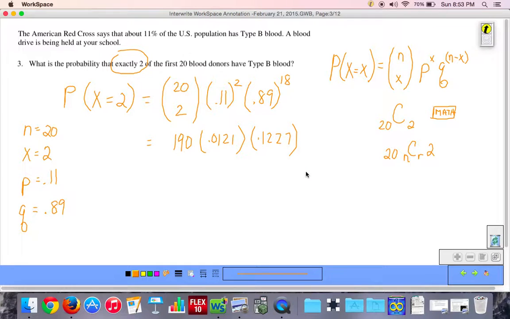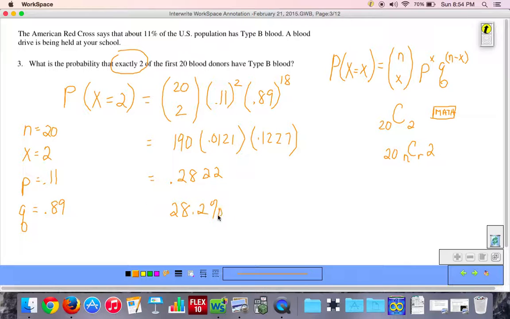And if you multiply all those things, and you know you can do that in your calculator, right? So you multiply all of those things, you would get the probability that exactly 2 of the first 20 donors have type B blood would be 0.2822, which is